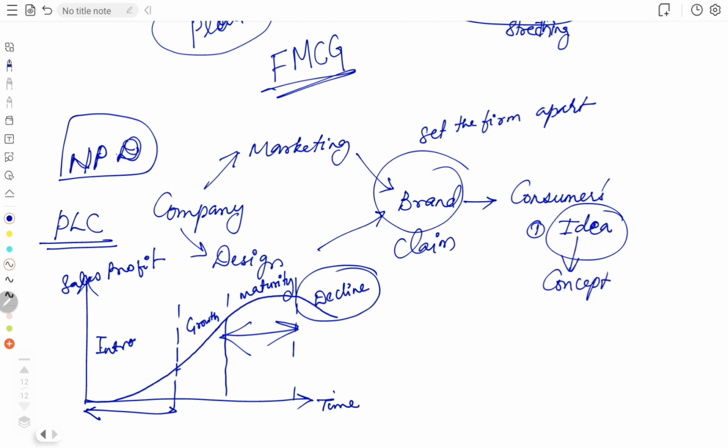Concept testing, and then once it passes the concept testing stage, we will go for the actual product designing and evaluation or prototyping. Then we will do the product testing. That is, we will check whether the product will be accepted, how good the performance is, how well the distribution is, packaging and branding decisions, the production, pricing, all these things will come into the picture when we are doing